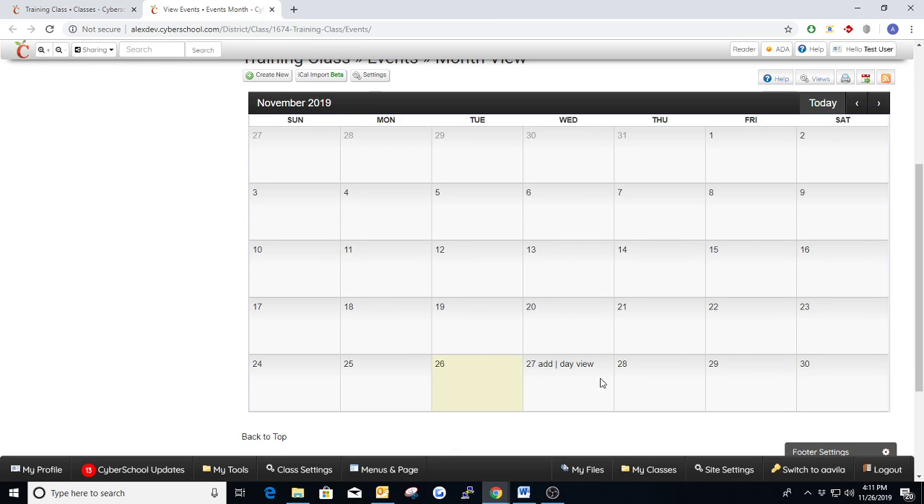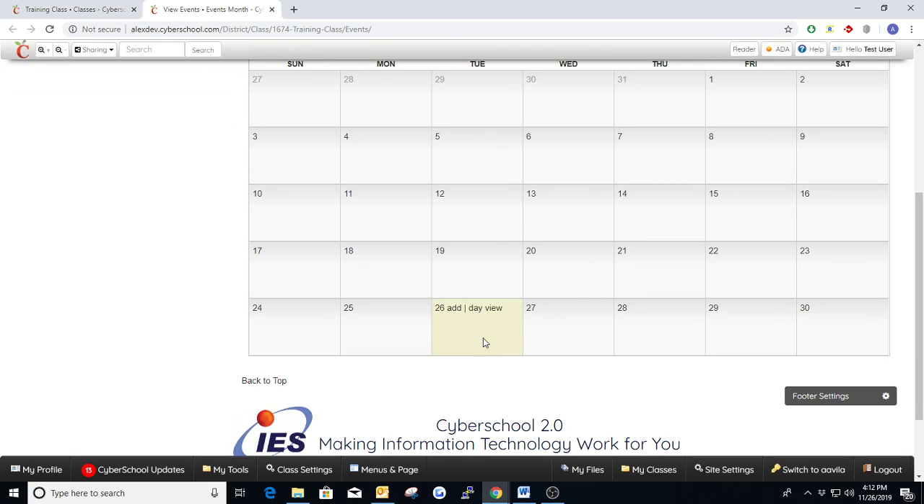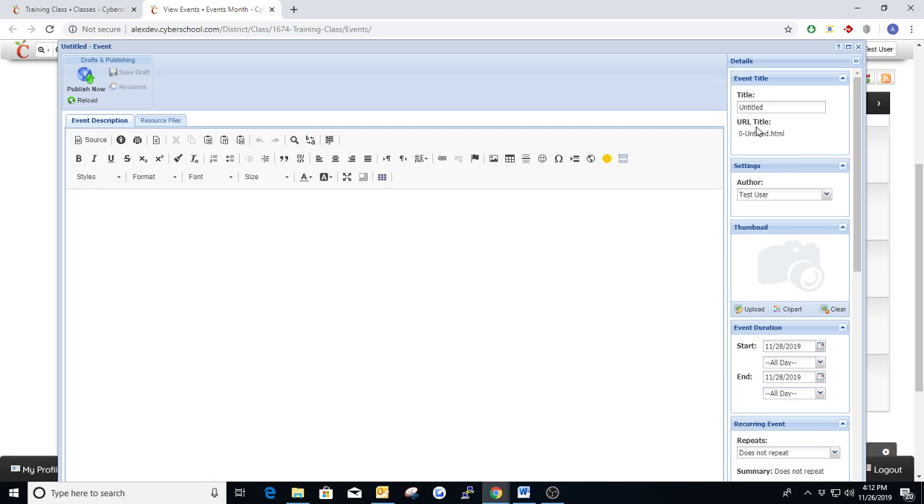And you'll see that the current day, this is November 26th, is highlighted in this kind of yellowish background here. And if you'd like to start adding in events here, you just hover over the day, let's say the 28th, for example, which is Thanksgiving. So let's go ahead and click Add. And same editor that we always see. We're going to say Thanksgiving,